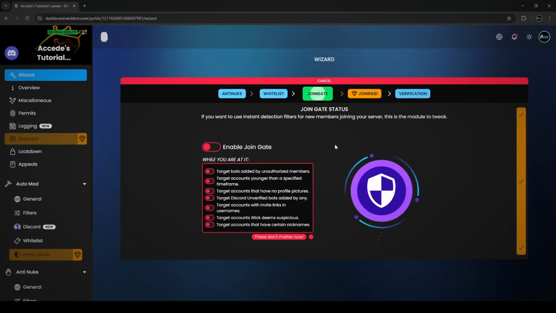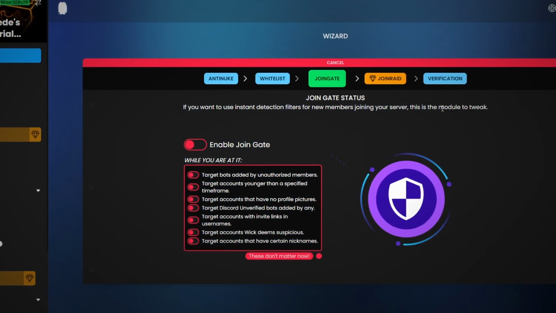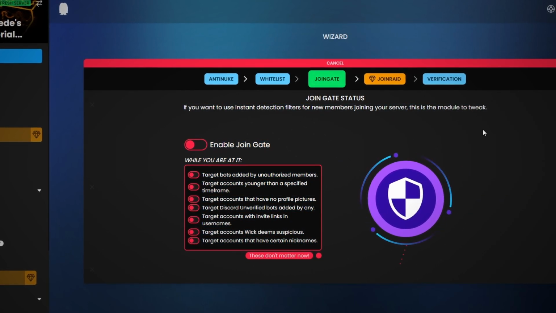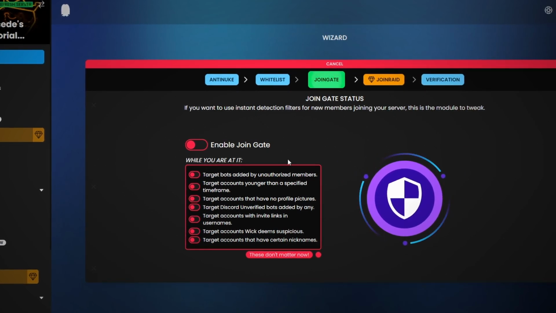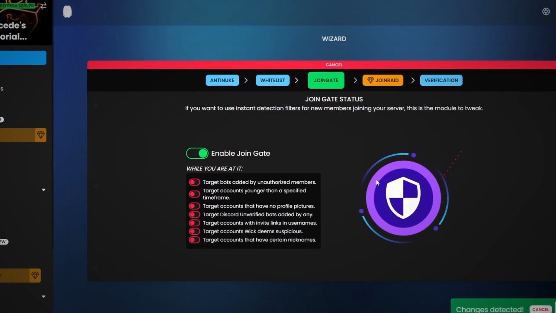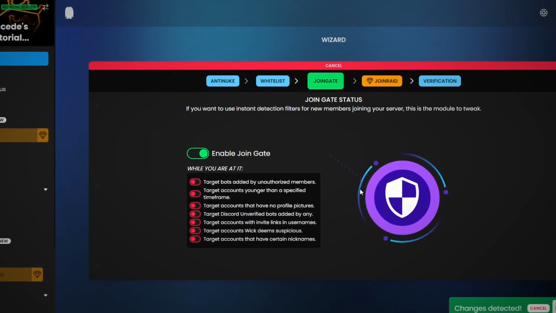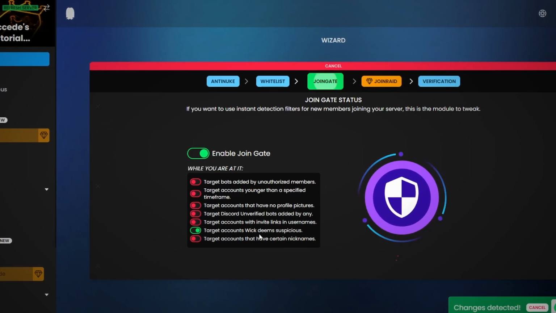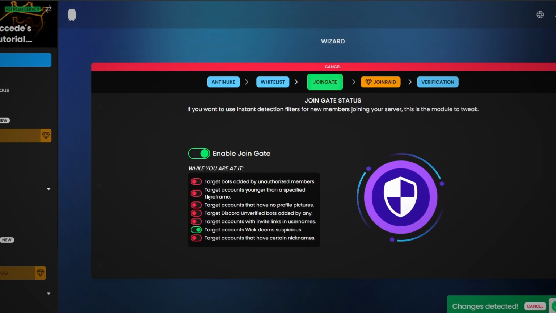Now we have the Joingate status. Essentially this is like a firewall or an auto mod as a user joins. It says this is the module to tweak. So this is the one where you want to really dive into the specific commands and see what things you actually want the Wick bot to target. This one I'm actually going to enable because I think this is a really good way of removing bots from your server. I would highly recommend turning on